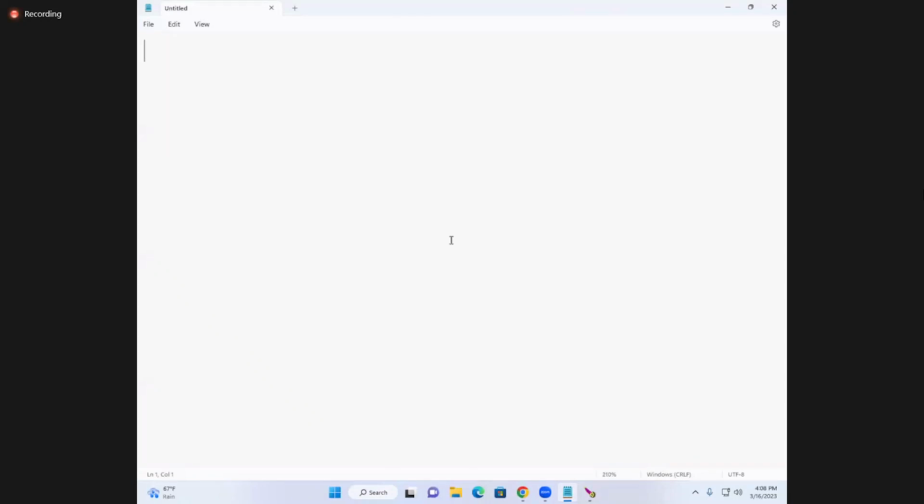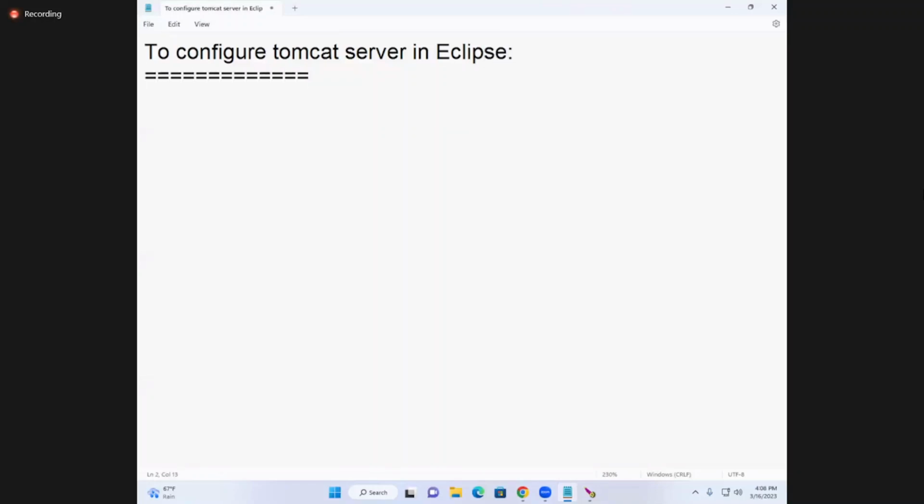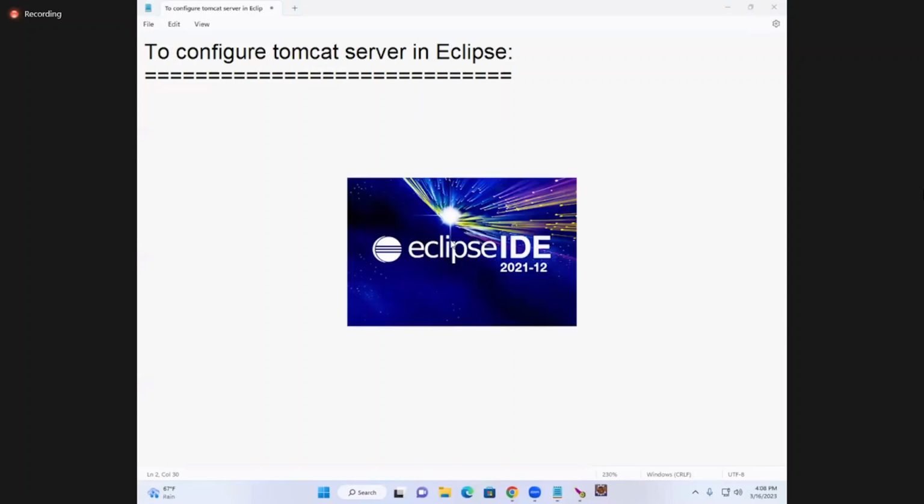First of all, you have to configure the Tomcat server in Eclipse. To configure Tomcat server in Eclipse,